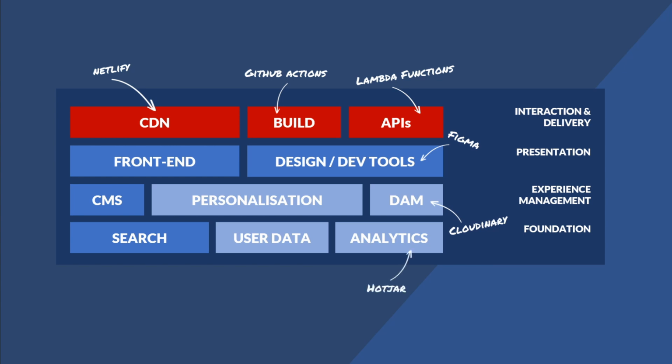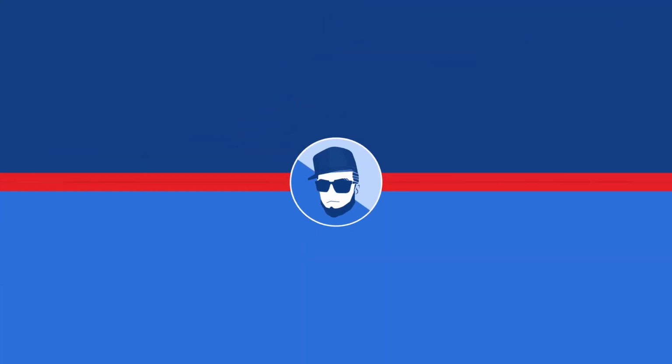You can use Hotjar or anything else for analytics. Then for user data, we have something like Gigya. We can use Algolia or Coveo for search. We have Prismic or Contentful or whatever. Or we have Nuxt, Gatsby, Next, whatever you want, right? So you can basically create this digital experience platform, but put it together like the puzzle that